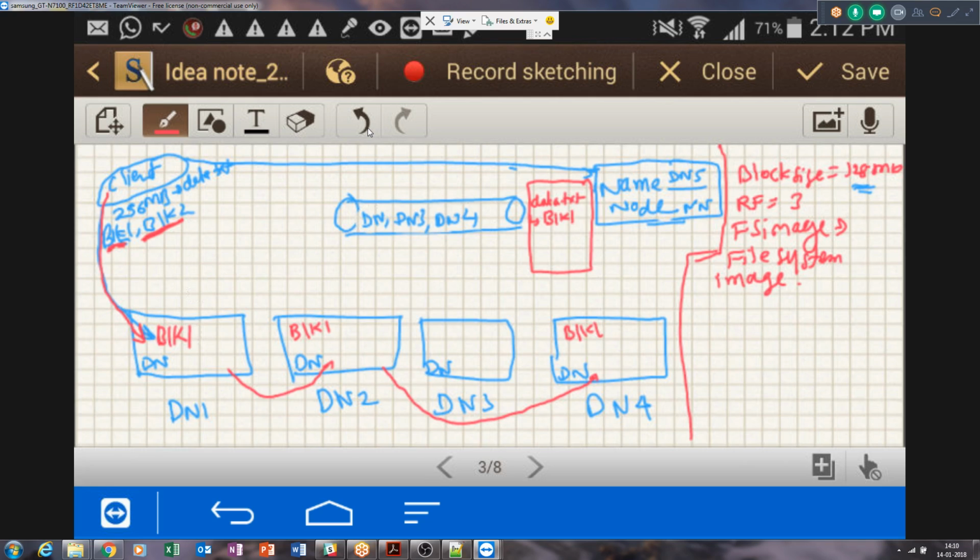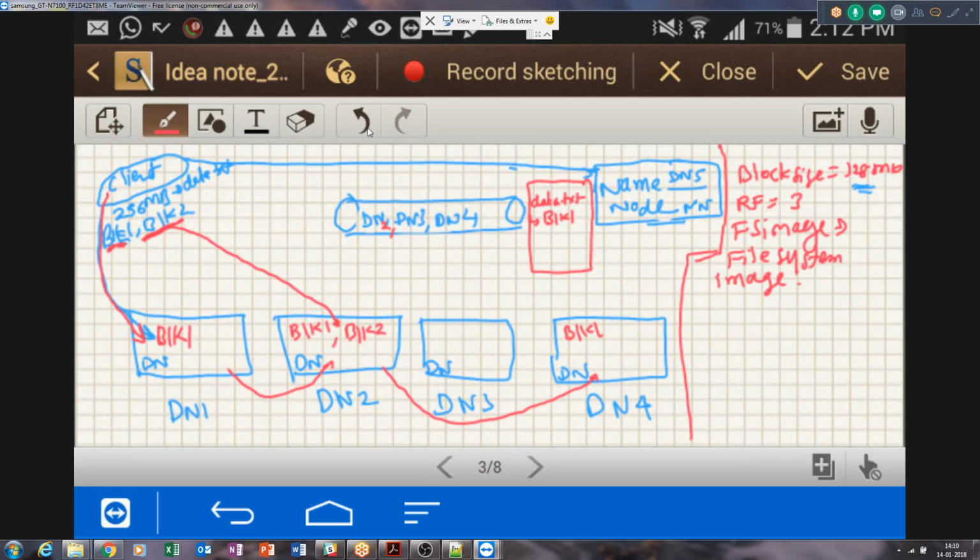Now block 2 is going to be written. The nearest is data node 2, so data node 2, data node 3, and data node 4 are in the pipeline. Data node 2 would be the nearest to the client, and it will forward this copy of block 2 over here, BLK2.